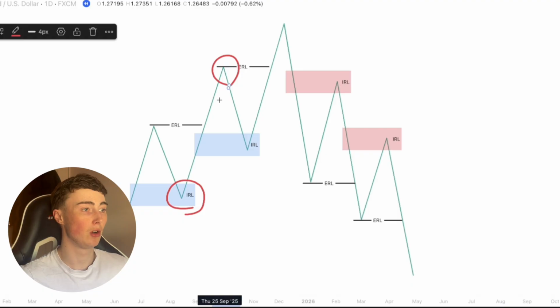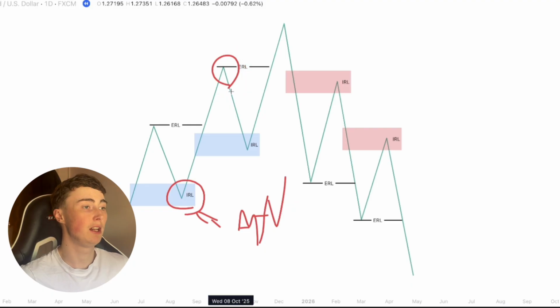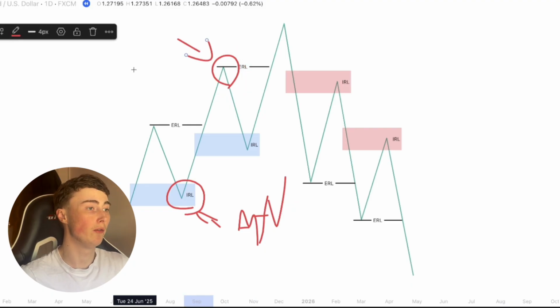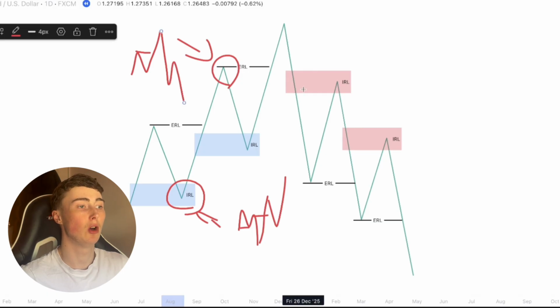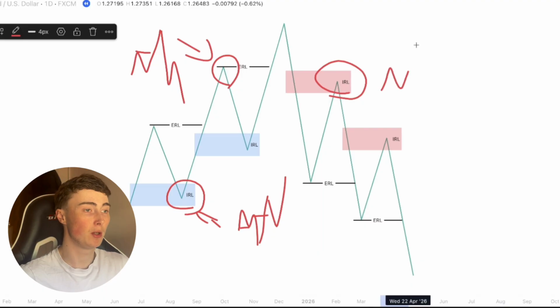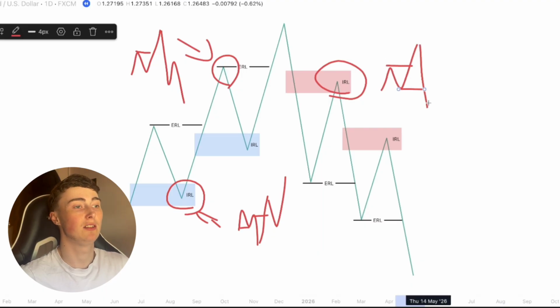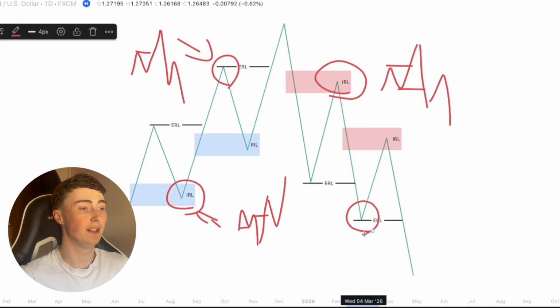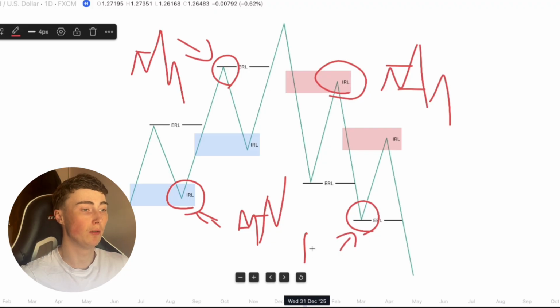So when you break it down on a lower time frame, you'll see that this low here probably formed with some kind of sweep of liquidity and a change in state of delivery before running higher. You'll see that this high up here most likely formed with some kind of sweep of liquidity followed by a bearish CSD, and then that continued lower. The same over here. This high, most likely you'll find that formed with a sweep of liquidity and bearish CSD to continue lower. The same with this low down here, that likely formed with some kind of sweep of liquidity and bullish CSD,